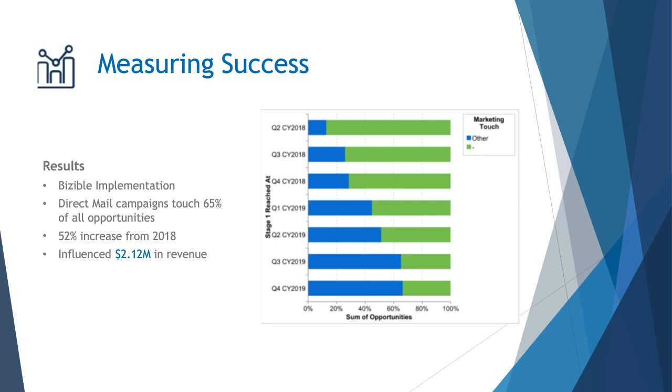But if we look at this chart I pulled, this is the number of touches we've had for opportunity creation since kind of Q2 of 2018, which I mentioned before was only 13%. We've increased that by 52% today, and we have 65% of our opportunities that are created that have a direct mail touch. So this is an exceptional accelerator for our deals and our pipeline,